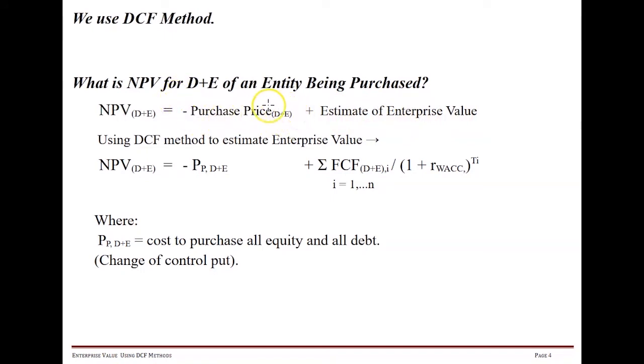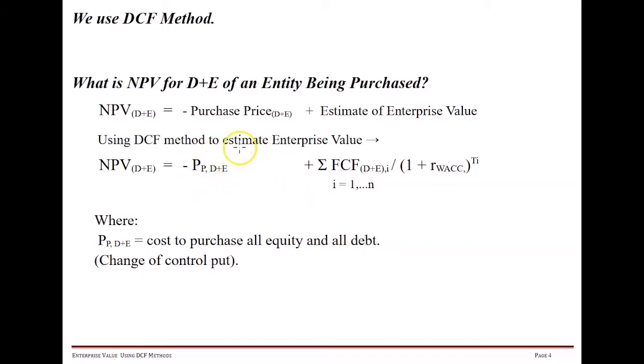minus what we have to pay for the firm at t equals 0, which is really Mr. Market's view, because we're going to have to buy Mr. Market's price for the equity and pay off Mr. Market's value of the principal to be repaid. So we can look at this mathematically as the NPV for everyone, for the whole team, debt and equity team, is equal to minus the price paid to purchase 100 shares of the equity and to pay off all the principal of any debt that's outstanding